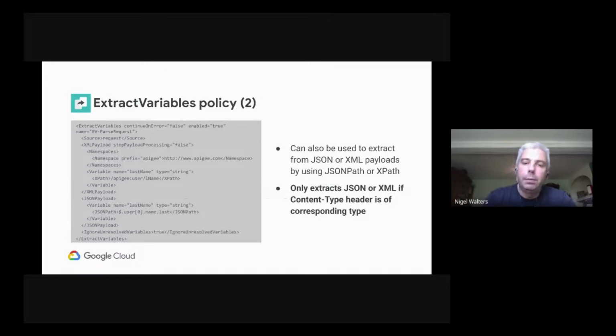Oh, yeah, one note here. If we are looking to use extract variables to extract elements from the payload, you must make sure that the content type header is of the corresponding type. So if a request is coming in with an XML payload, we need to make sure that it has the content type header set to XML in order for Apigee to understand properly that that is an XML payload and be able to appropriately apply the XPath